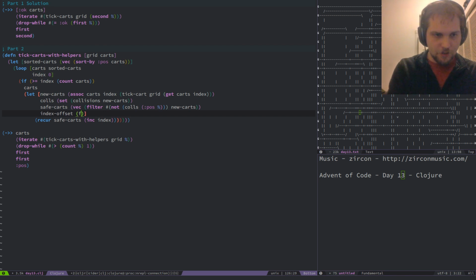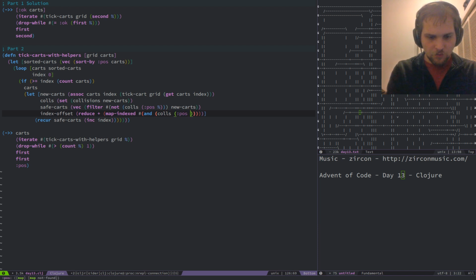Index offset is, so we're going to add, and so if a given entry was in the set of collisions and its index is less than or equal to our current index,